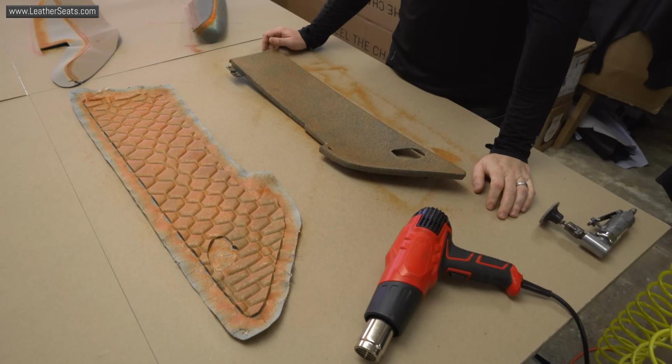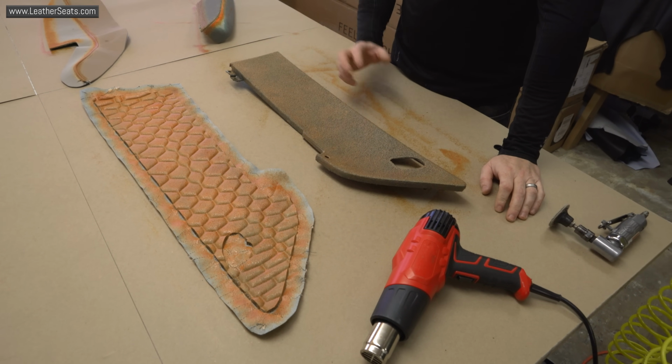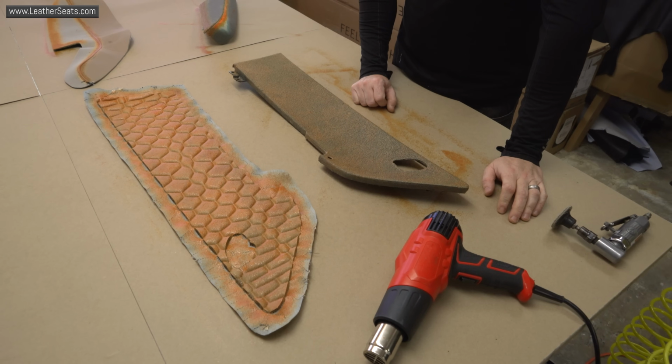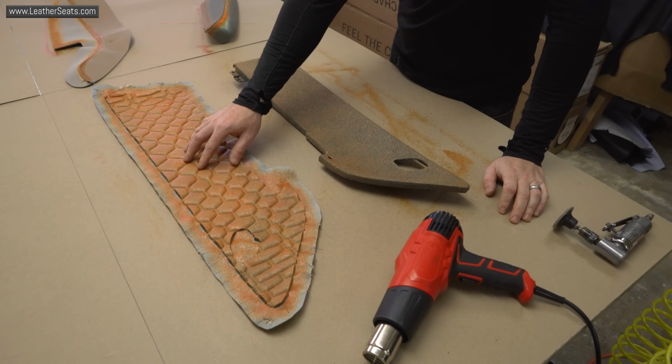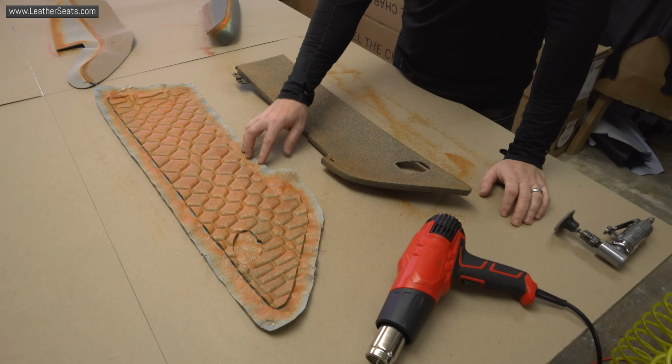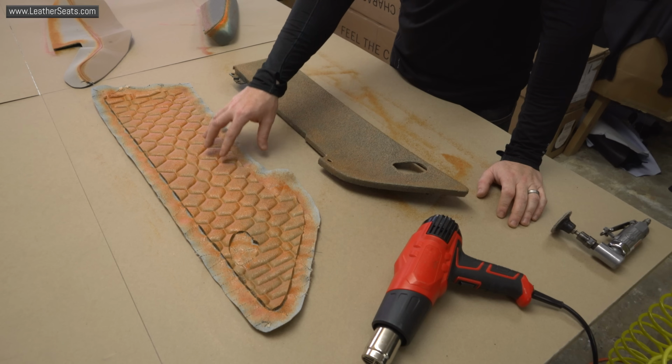All right, so we've got our glue layers built up on both the door insert cover and the door insert panel, pretty much ready to install. You probably noticed that the foam on the door insert cover is actually smaller than the leather itself, and that is intentional. We actually did a lot of testing to develop a pattern for the foam